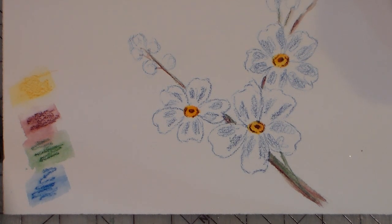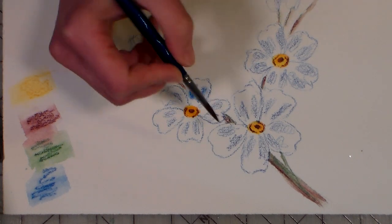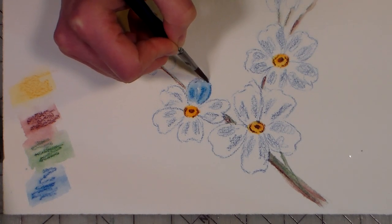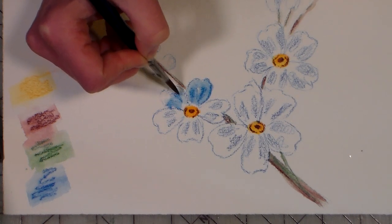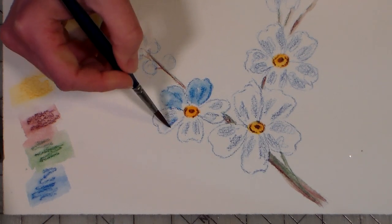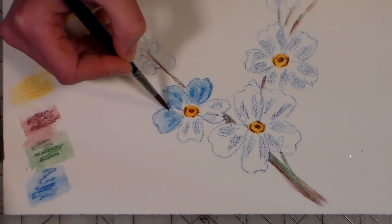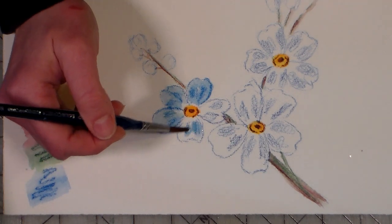All right, I'm going to start liquefying this. This paper I'm working on is a soft press watercolor paper, so it's not as rough as a cold press, and it's not as smooth as a hot press. I wanted it because on the watercolor cards I was working on, I felt like my paint was lifting. I was getting these hard edges that I didn't like, and I thought for a flower that's this simple, it should be on a